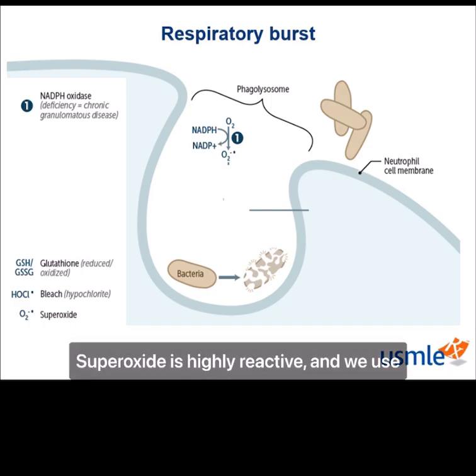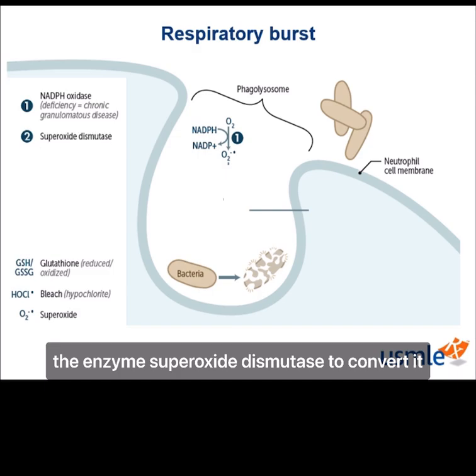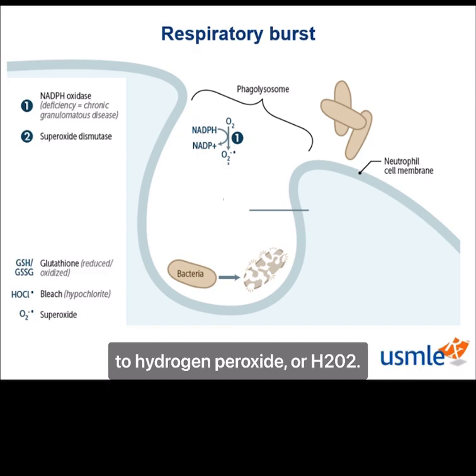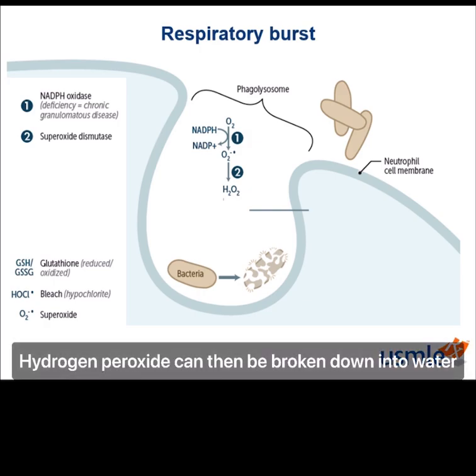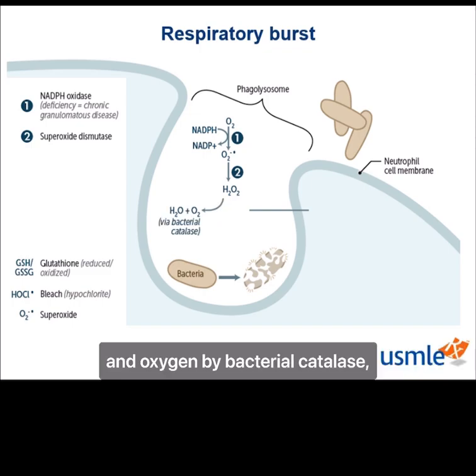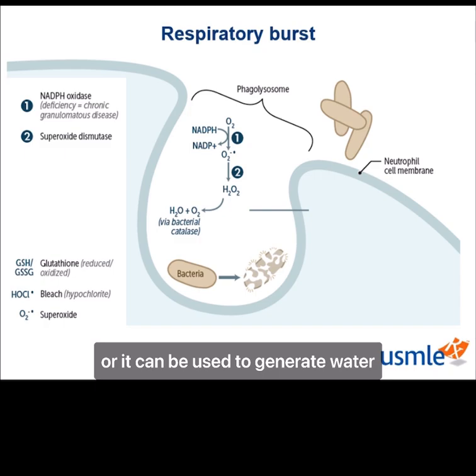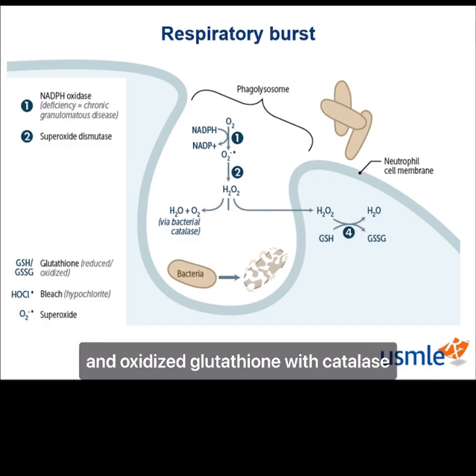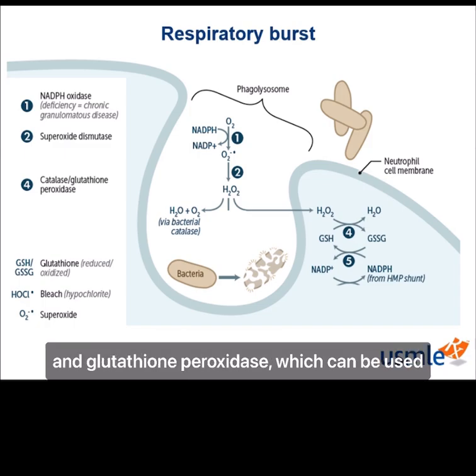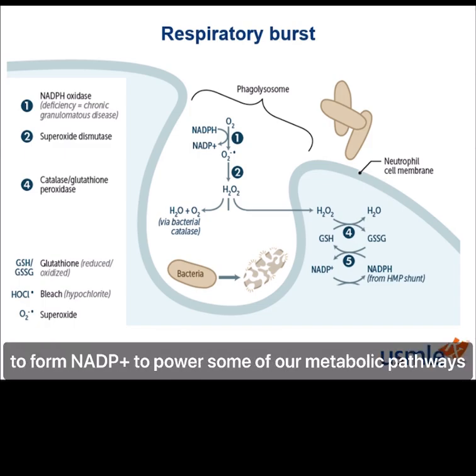Superoxide is highly reactive, and we use the enzyme superoxide dismutase to convert it to hydrogen peroxide, or H2O2. Hydrogen peroxide can then be broken down into water and oxygen by bacterial catalase, or it can be used to generate water and oxidized glutathione with catalase and glutathione peroxidase, which can be used to form NADP+ to power some